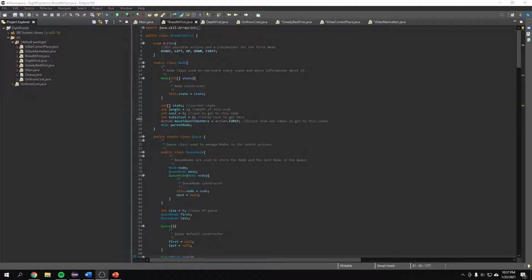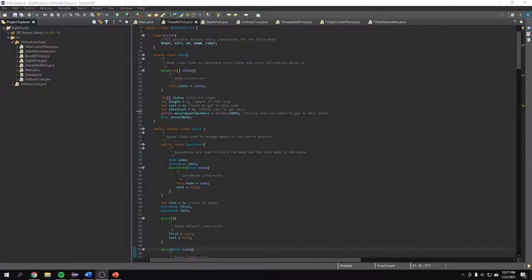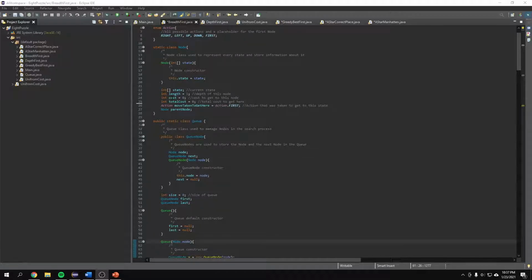Hello, I'm going to be demonstrating and going through my code. I organized my code into six separate classes. I'm going to go into depth on one of the classes and then point out the differences in the other classes. To accomplish my task, I had created a simple node class which holds the state as an integer array,